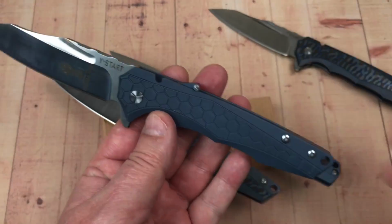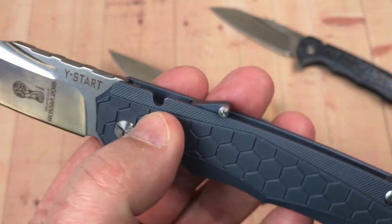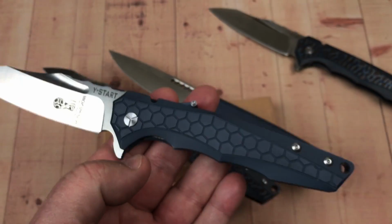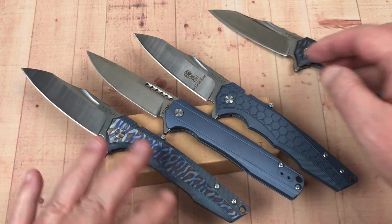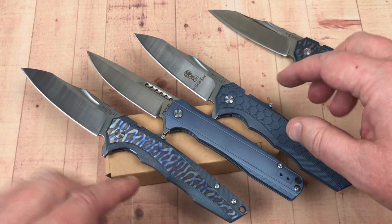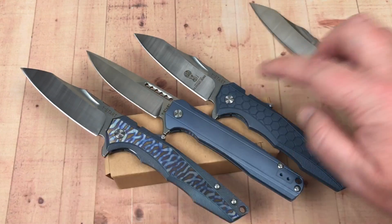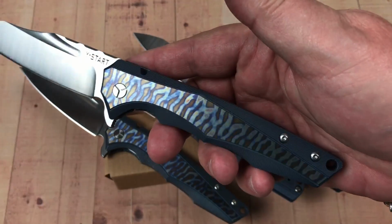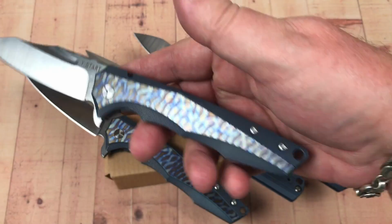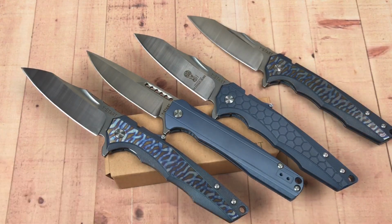But in any case, yeah. And if you take it out, then you've got that open notch. Yeah, it's almost too bad. It'd be nice if they made a run of these and just got rid of that lever and don't have the notch. Make the detent the same as here and the same as here, and then you're good. And I think a lot of people would really like this flamed ano. You know, 78 bucks, VG10, titanium, good looking knives, like the designs, don't know where they're going from here, but